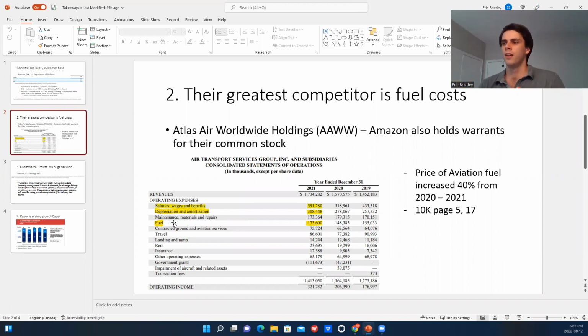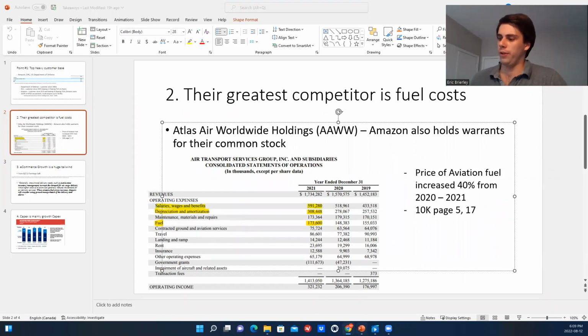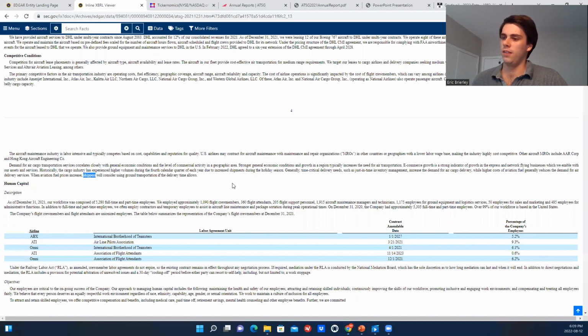It's not so much about the other companies that are offering the same services like Atlas here, because they're locked into long-term contracts, it's hard for companies to just wiggle out of them and jump to a new customer, right? So, just to drive this point home, what I wanted to show you was this line here, which I don't know how well you can read this, but this is in their most recent 10-K, and they give